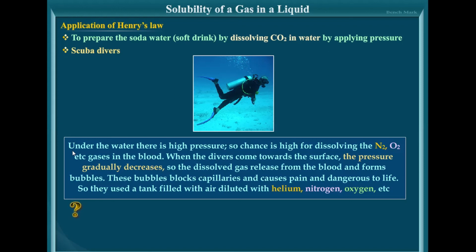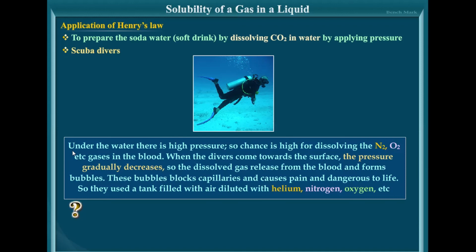These scuba divers suffer from painful effects called bends when they come towards the surface. These painful effects arise due to the decompression of gases dissolved in the blood while breathing air at high pressure underwater. These bends are minimized by using compressed air that has been diluted with less soluble helium in the breathing apparatus. That is, instead of using a mixture of nitrogen and oxygen, they use helium and oxygen. Why? Because helium is less soluble in blood.